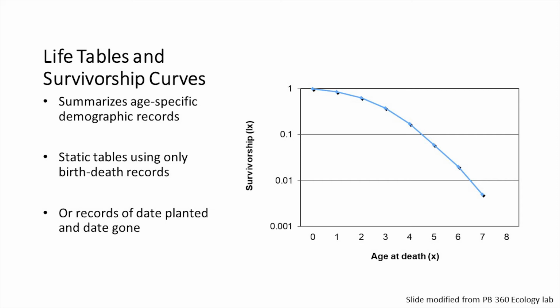Some species have high seed mortality, where the percent survivorship drops dramatically. So the y-axis, at the initial point of a study, you'd expect everything to be alive. And after time expires, say for this hypothetical species in 7 years, everything should be dead, right? So I'm going to use those different measures of birth versus death. In this case, when it's planted and when it's dead.